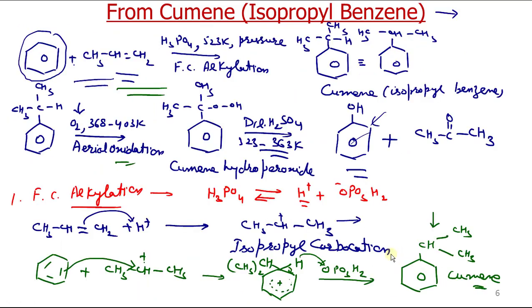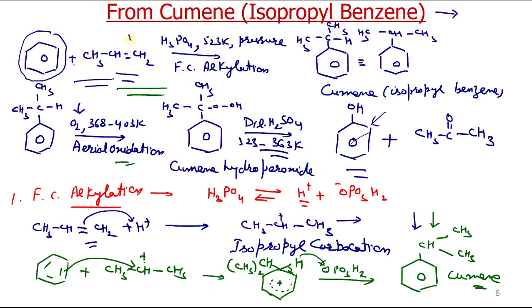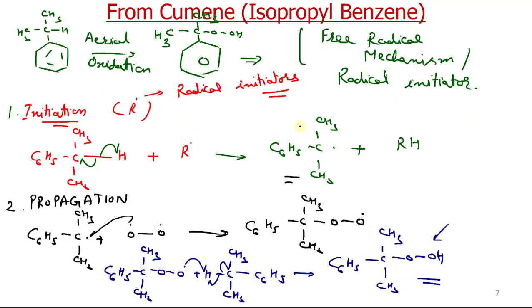So the first step was generation of cumene from benzene and reaction with propene. In the next step, it undergoes aerial oxidation to give you cumene hydroperoxide. So we have done the mechanism of this step and of this step. Now we have to do the mechanism of this rearrangement. This is also quite an easy mechanism. Now let us see how this cumene hydroperoxide rearranges to phenol under acidic conditions. So let us see, I will write from here.